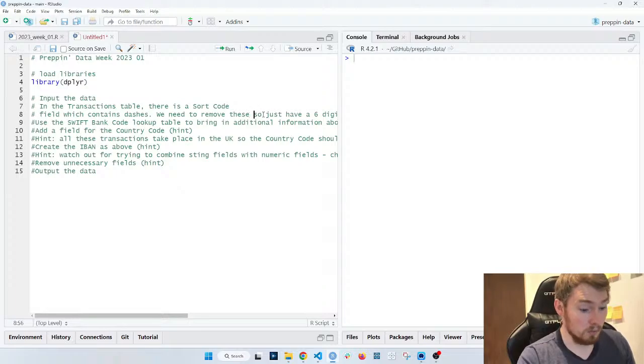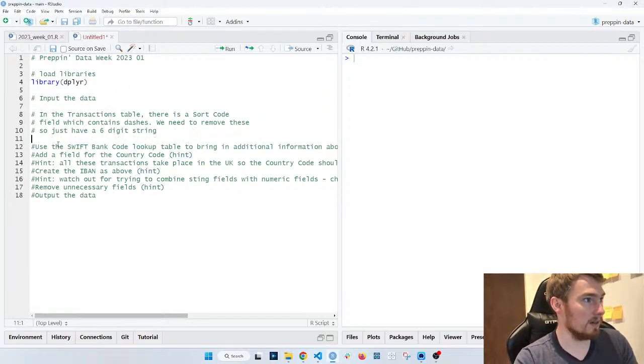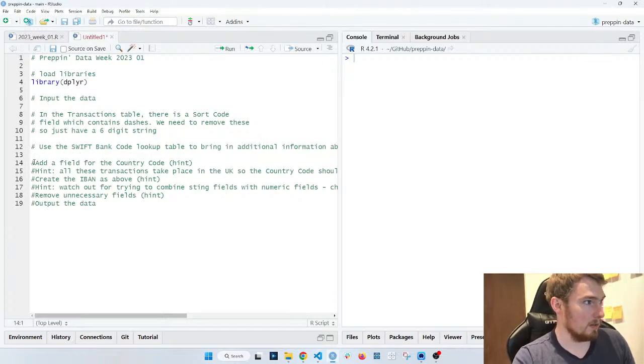Tidyr tends to have quite a lot it can do. Okay, so I'm just going to separate these out a little bit. I think we're pretty good to go.